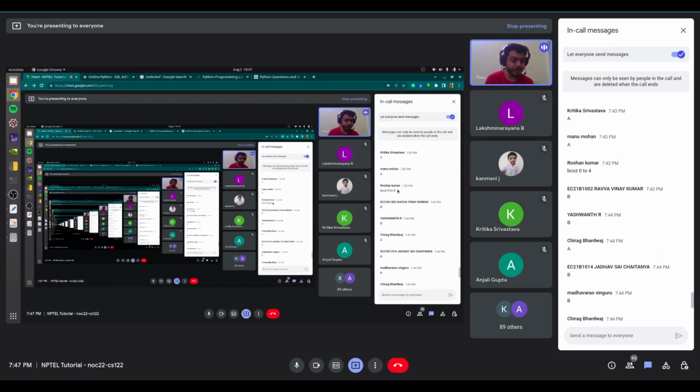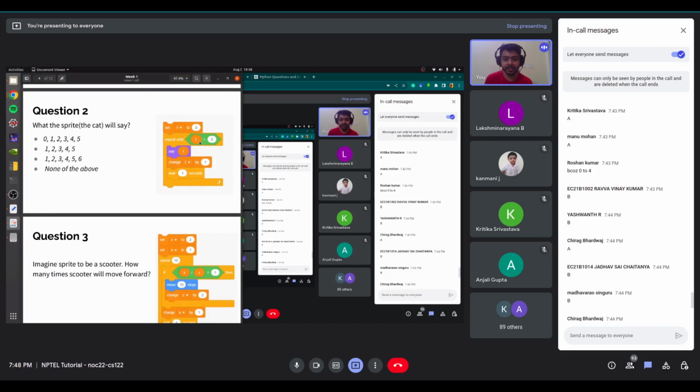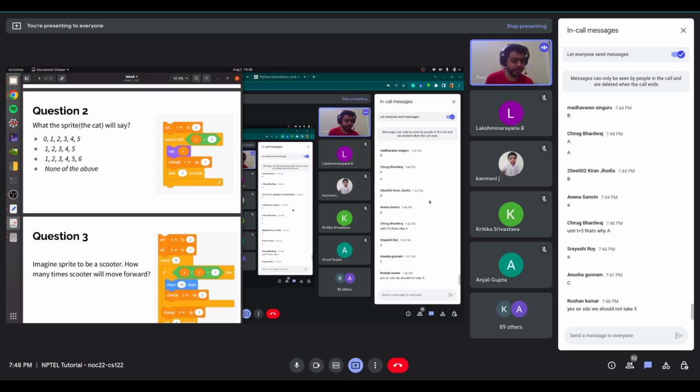So Roshan Kumar, actually you are going correct, but the condition is until t is greater than 5, not t greater than or equal to 5. If the condition said until t greater than or equal to 5, then it would just print up to 0, 1, 2, 3, 4. This is a common problem that many beginners have in programming. So always make sure whether it is greater than or greater than or equal to, or less than and less than or equal to.